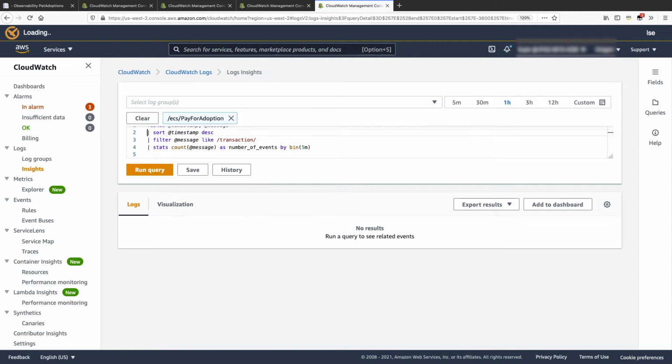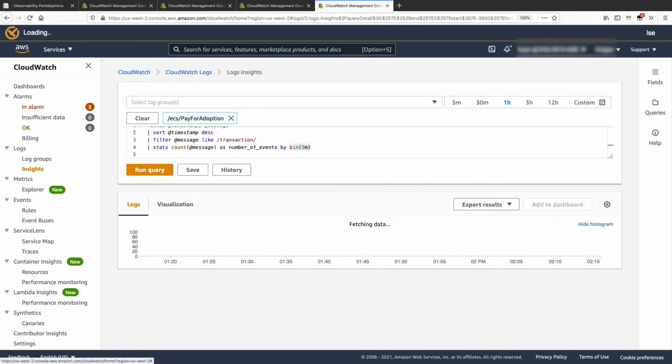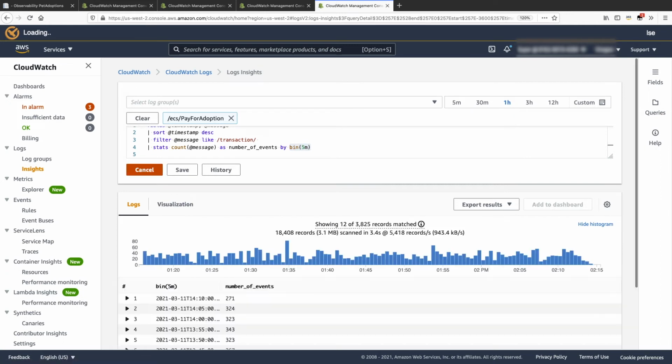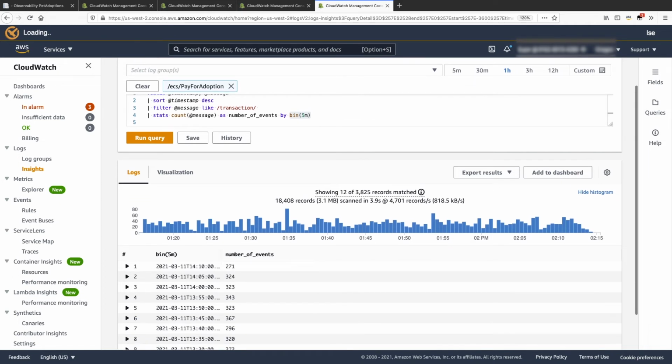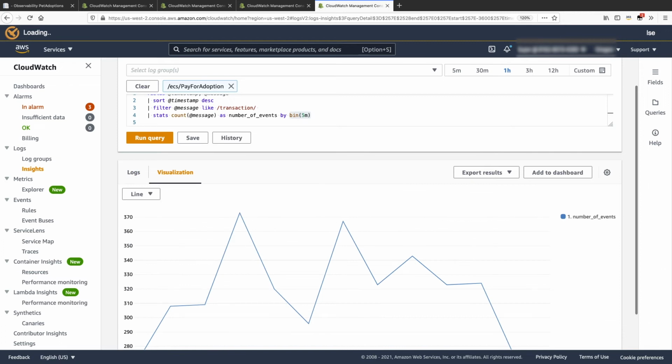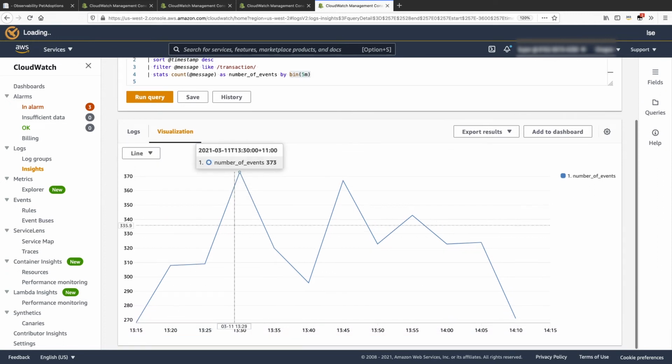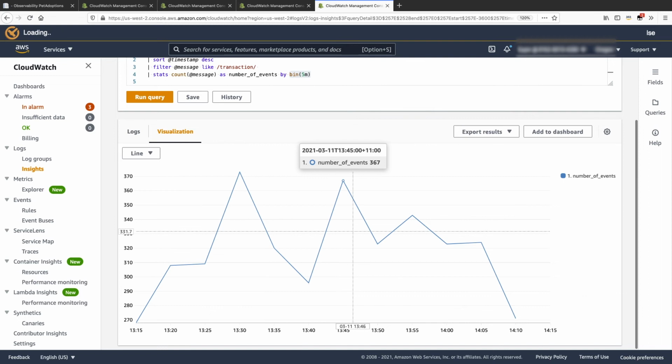What it does is search for the keyword transaction here. We want to find out successful transactions in the log in a 5 minute interval, and we come up with an aggregated number. Let's take a look at what's coming up from the logs. You can see the timestamp and also the number of events. Click Visualization to get a chart. It's very meaningful metrics here. You can see the number of events going up and down, but still remaining in a range.